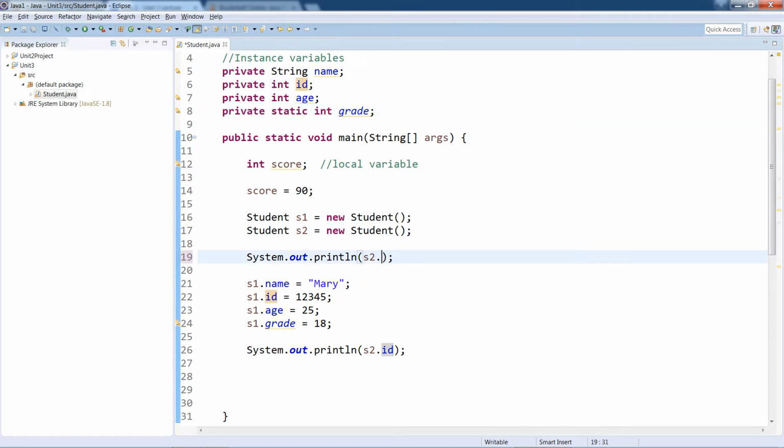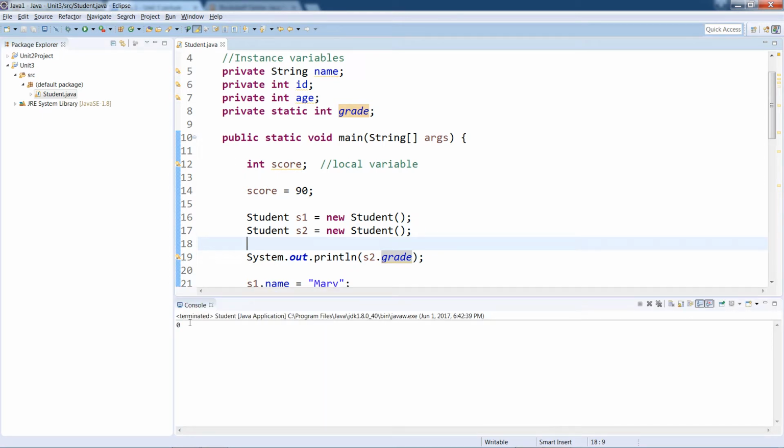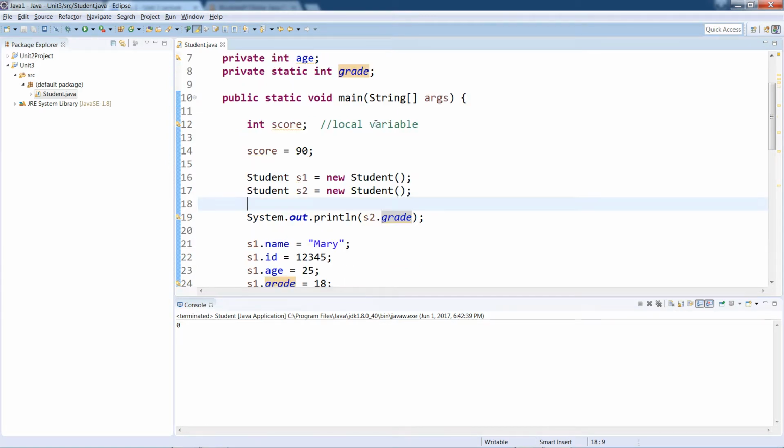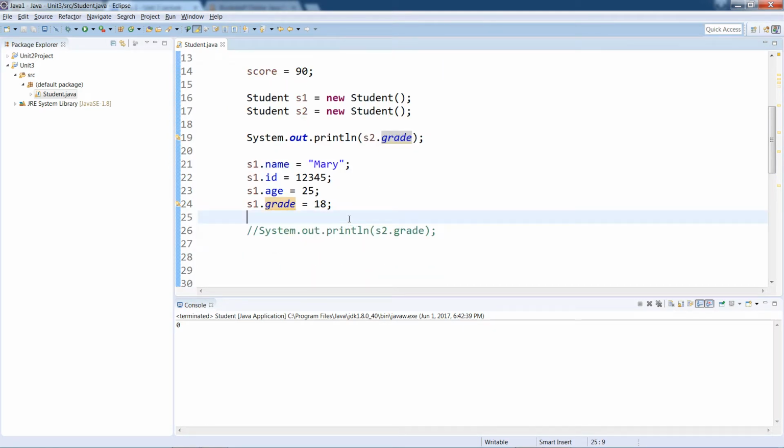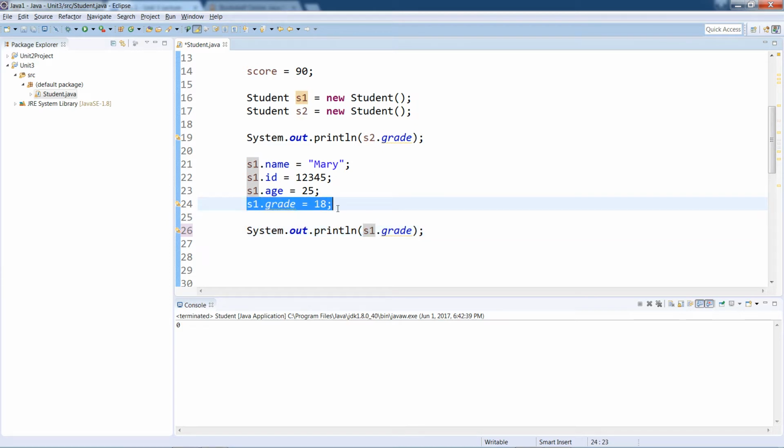Now notice if I change this to S2 static, I mean the grade, and then down here as well. Let me comment the second one first. When I run the grade, I should expect to see 0, right? So let's run this. This is 0. This is not set. Now down here, I set S1's grade to 18, so if I run S1's grade,